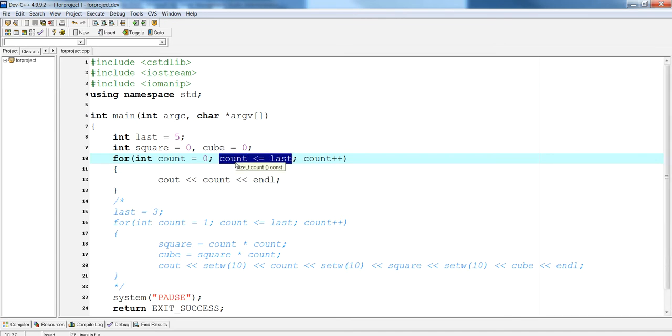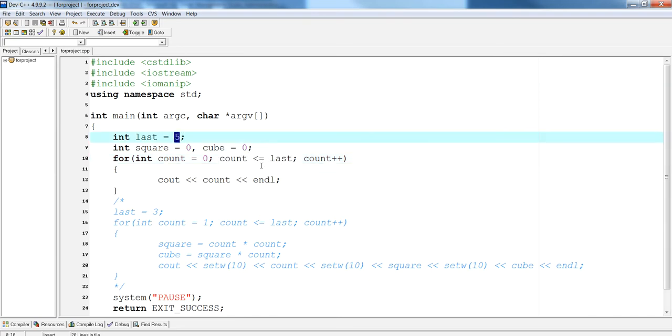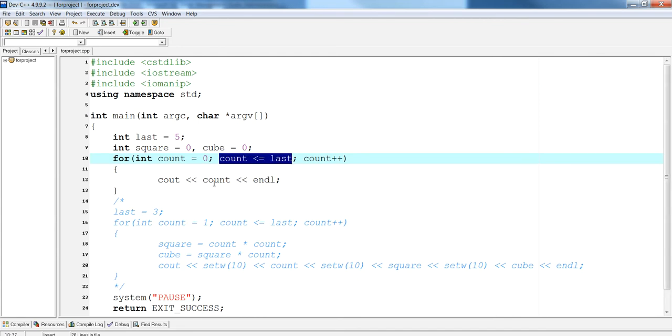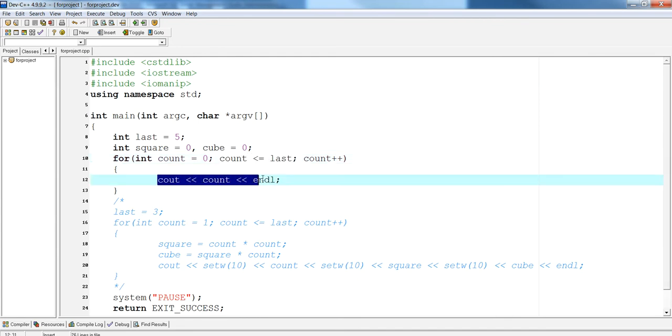We're going to compare, is count less than or equal to last? Yes, it is, because count right now is 0 and last is 5. So is 0 less than or equal to 5? Yes, it is. If this is true, then we will execute the body. So what we have here is we're going to print out the value of count, which is 0. Once we're finished